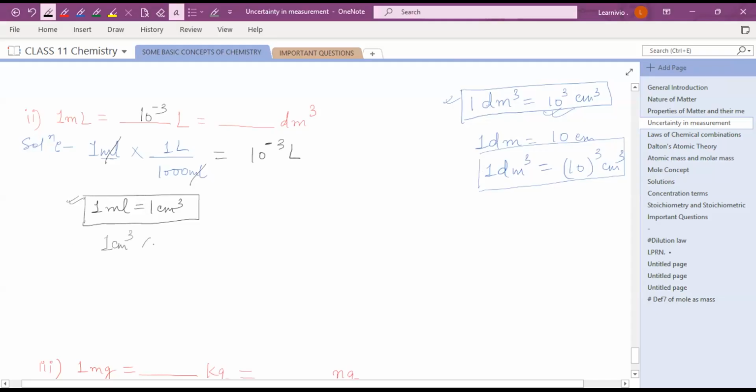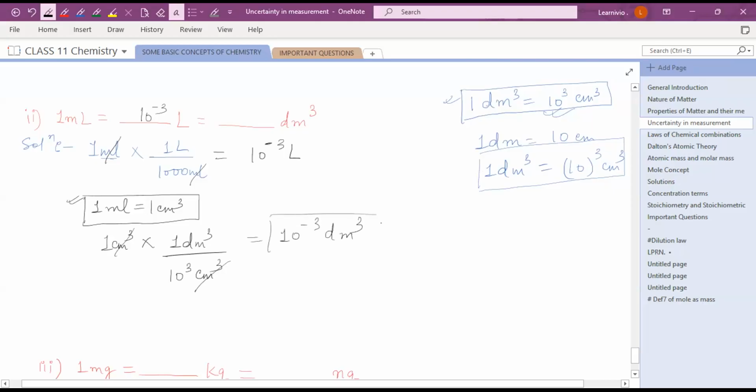So 1 centimeter cube into, now we will use the relationship between decimeter cube and centimeter cube. In 1 decimeter cube, there are 10 to the power 3 centimeter cube. This centimeter cube and centimeter cube cancel out and you will get 10 to the power minus 3